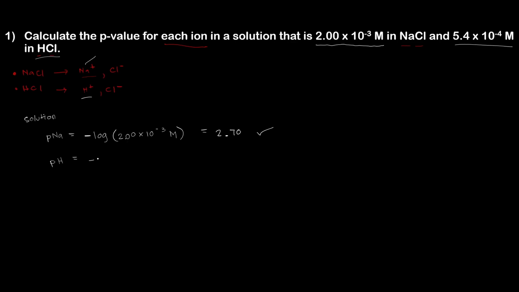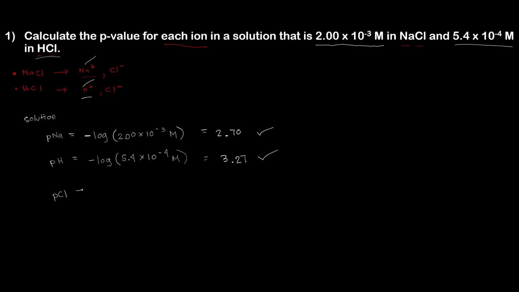So simply negative log 5.4 times 10 to the negative 4, which is 3.27. Okay, remember that this is unitless. So we got the pH now and the pNa. So the last one would be